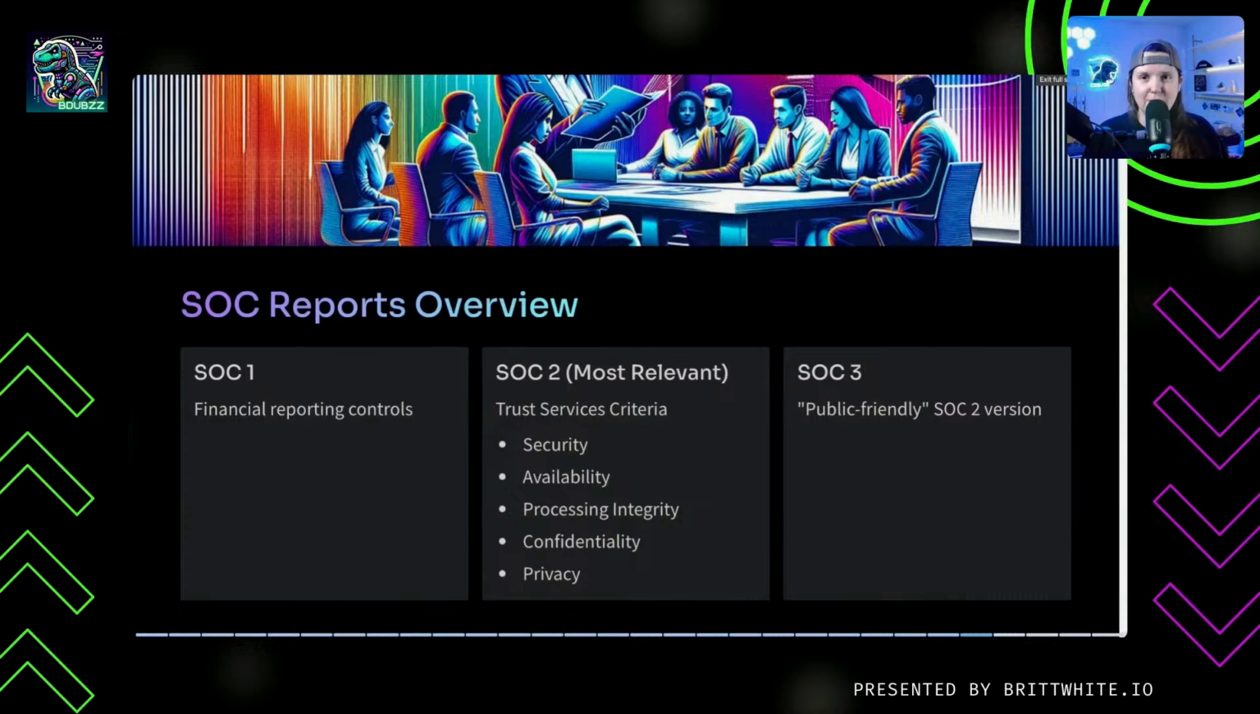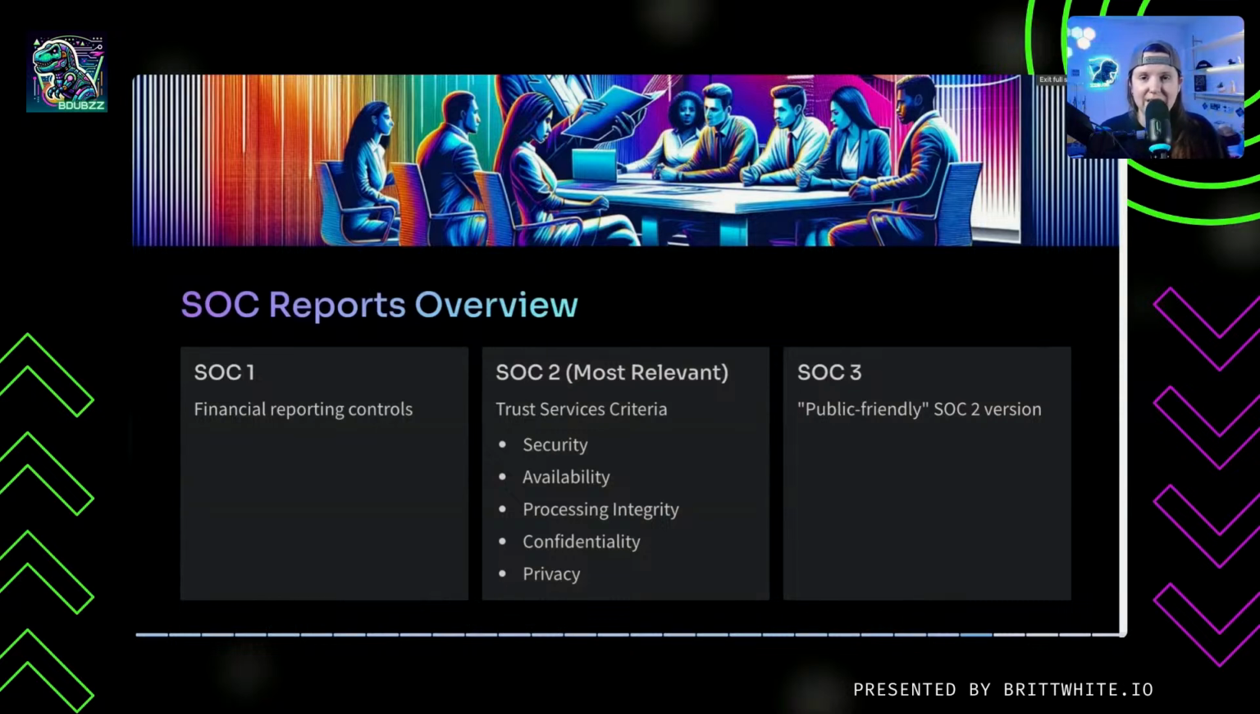There are different types of SOC reports you need to understand. SOC 1 deals with financial reporting controls. These are important for accountants and financial auditors, but they're not our primary focus as security professionals. SOC 2 is the most relevant for us, focusing on the 5 trust services criteria, which includes security, availability, processing